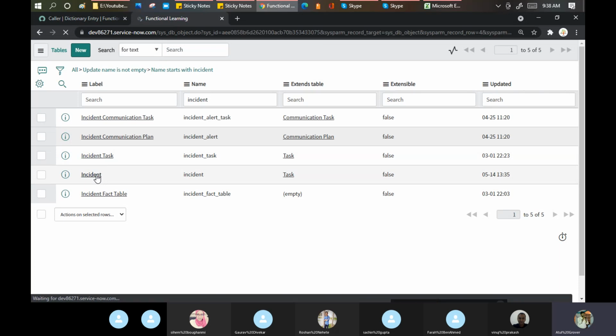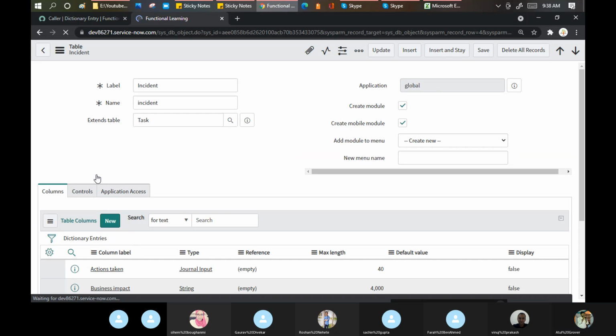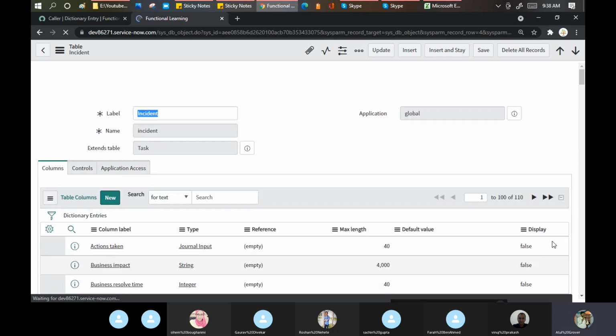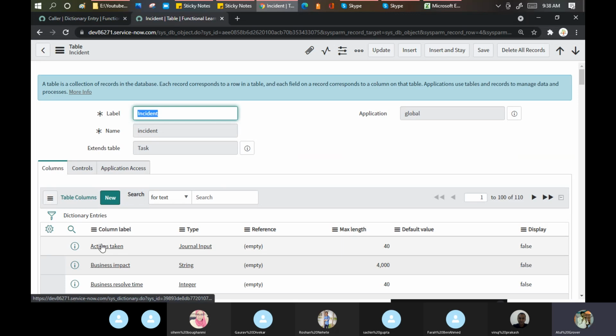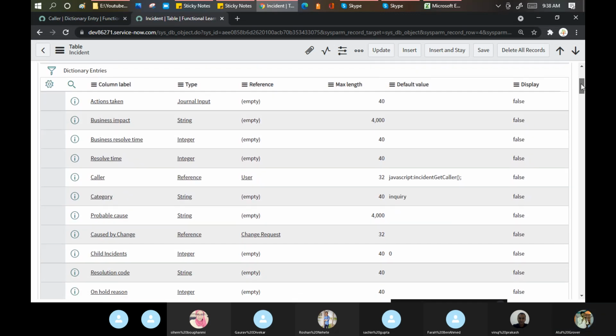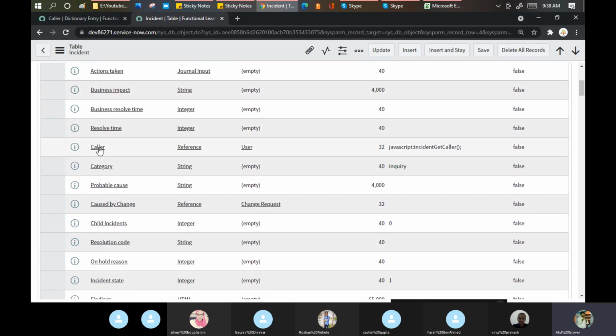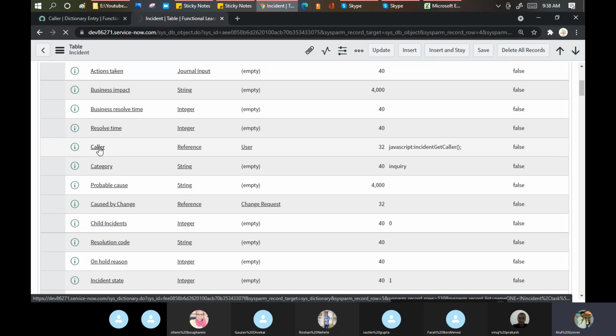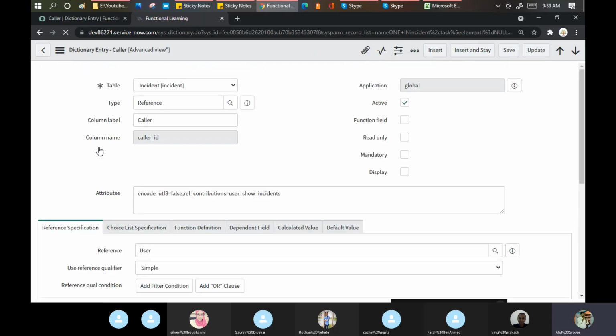I can see the columns easily. Now let me open the caller field here, and I am getting the same options here as well.